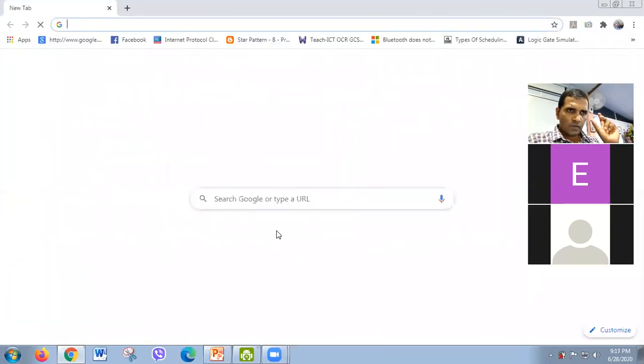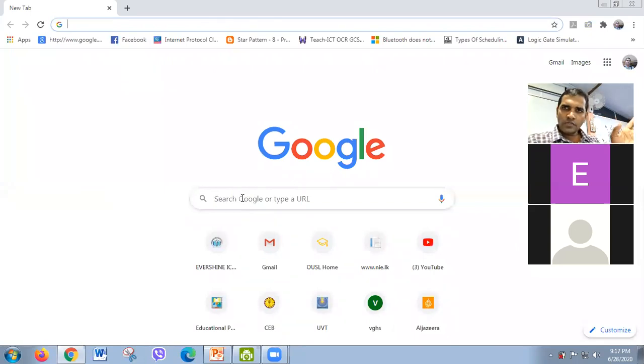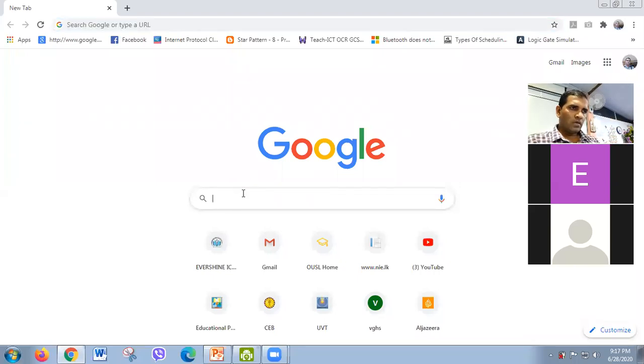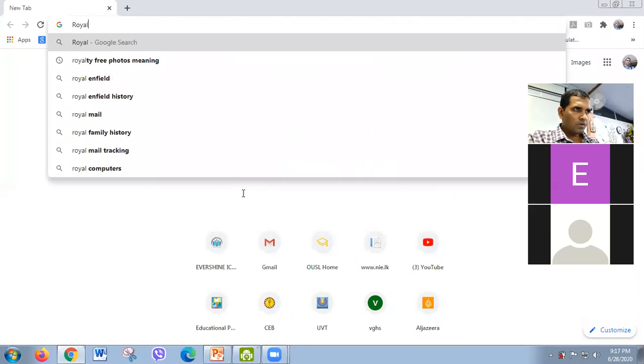If it is a single word, then it's okay. But if it is a phrase, so assume that I want to search a school name, like Royal College, Colombo. I want to search some information about Royal College, Colombo. Look here, this is a phrase, Royal College, Colombo. There are three words there. So if I type Royal College, Colombo,